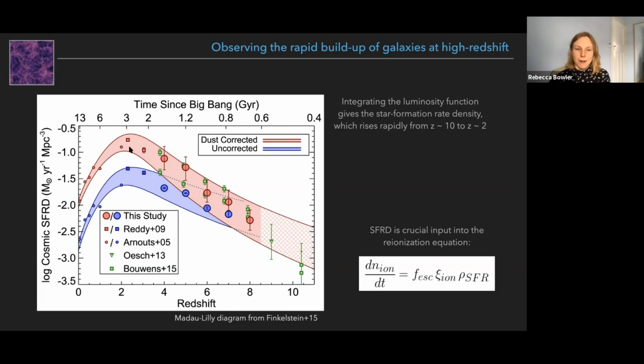I'm more interested in the right-hand side of this peak. And what you can see, interestingly, as derived from these evolving luminosity functions I showed you, is that the star formation rate density is rapidly increasing from redshifts 10 to redshifts 2. So it's not surprising, as I said, we see it in the luminosity functions, but it's really nice to see on a plot like this how rapid this increase is, considering that this is a log axis. We have a factor of 100 in star formation rate density in the universe happening in the first billion years.